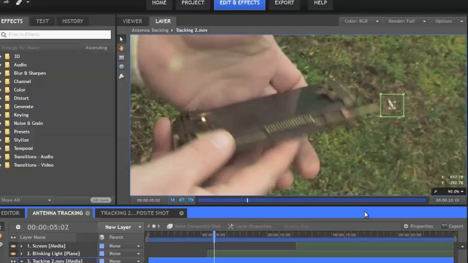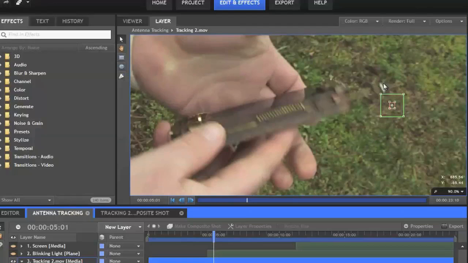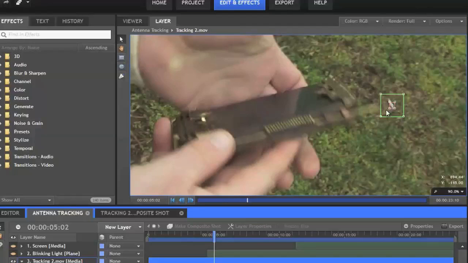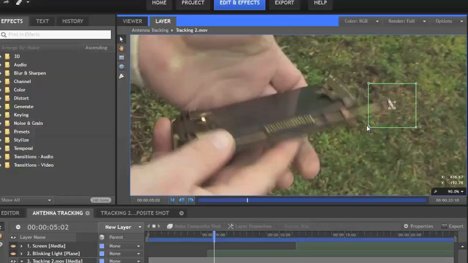Okay, so notice how the feature is blurred a bit on this frame, but the optical flow tracking in HitFilm has still been able to recognize this as the feature it's trying to track despite the blur. But as we move on to the next frame, notice that the feature has moved outside of the search area. It's moving too fast, and so it ended up outside that green box, so HitFilm can't find it in the search area. So let's step back a frame to where the track is still good and expand that search area, and then we can use the Track Back by one frame button to step to the next frame and see